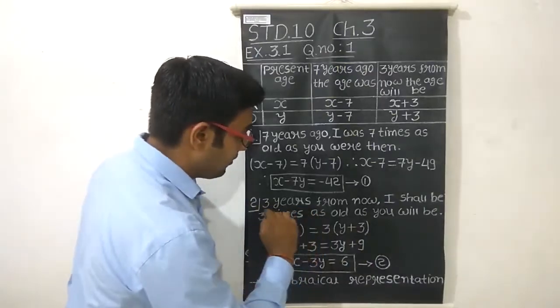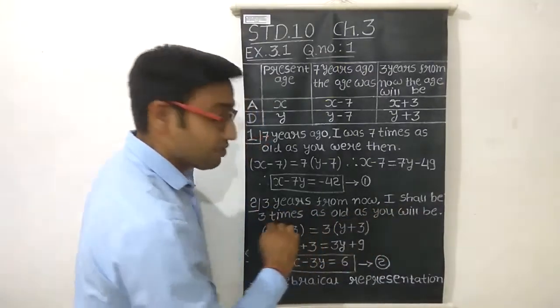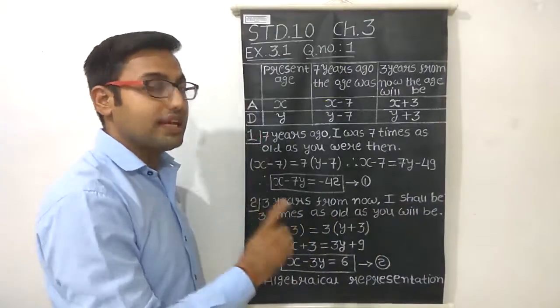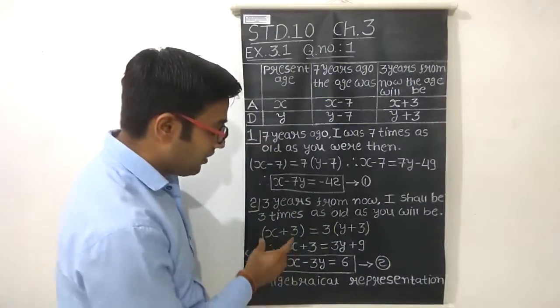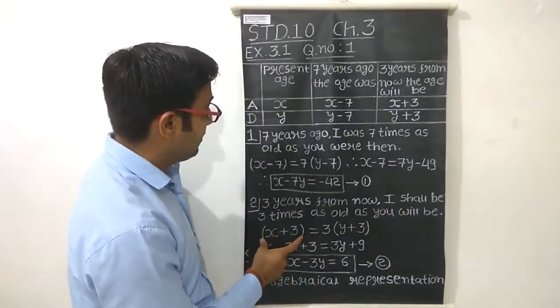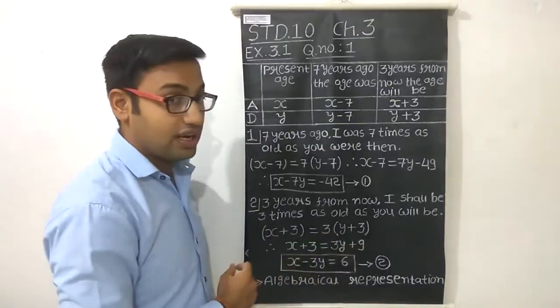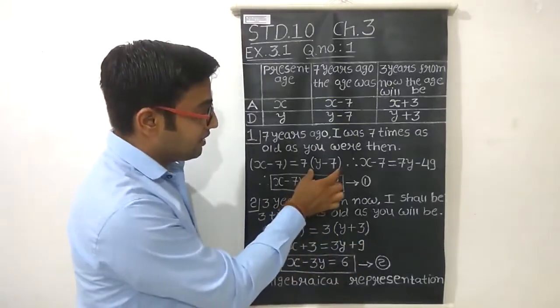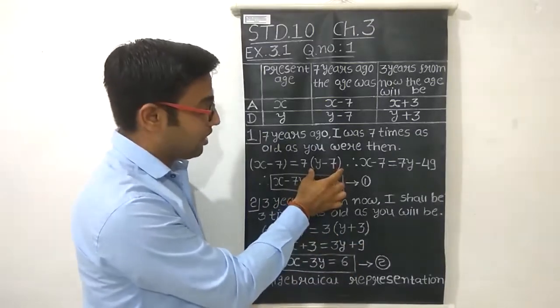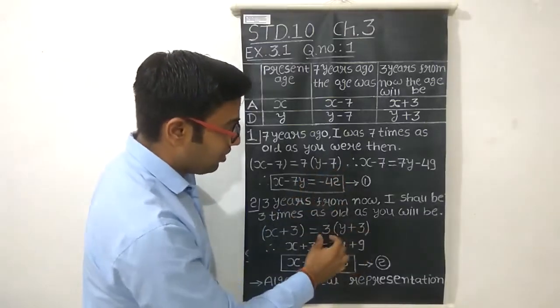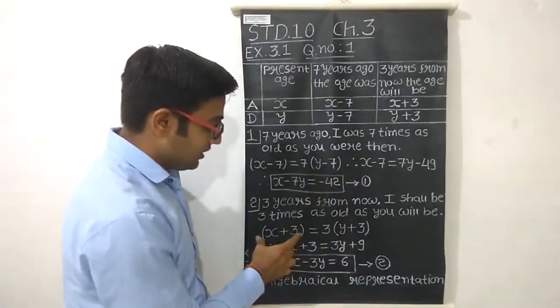Again here given that there is a 3 times, so we have to multiply with 3. But which side we have to multiply, at after age or with daughter age? Similarly, as we have here multiplied with daughter age, we will multiply it with daughter age,